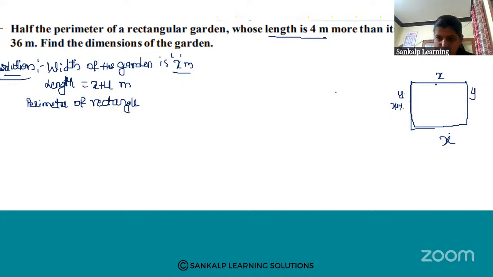y plus y is 2y, right? Therefore, 2x plus 2y. Half means divided by 2. Half of the perimeter of the rectangle, they have asked, right? So the perimeter of the rectangle, half of it, means 2x plus 2y divided by 2. Then,